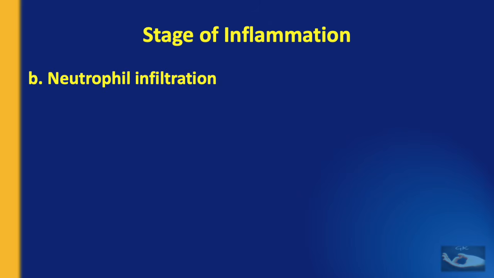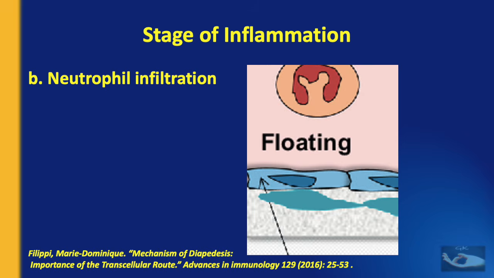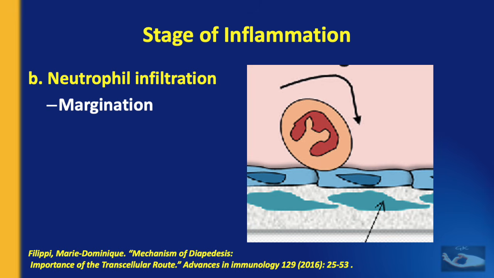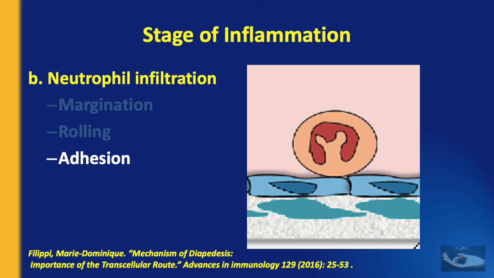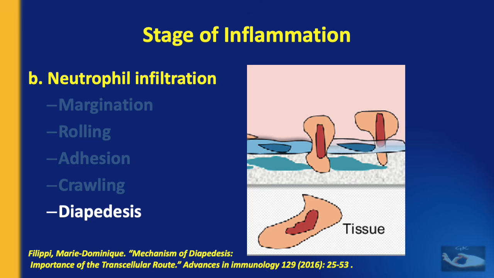Next, neutrophil infiltration begins by 24 hours. The neutrophils move from the bloodstream to the tissues. The steps by which this neutrophil infiltration occurs can be described first as margination, where the neutrophils leave the center of the bloodstream and go towards the wall of the lumen. Then they roll along the endothelial lining. They get adherent at some point. Then they start crawling along the endothelial layer and find small gaps through which they enter the tissues by a